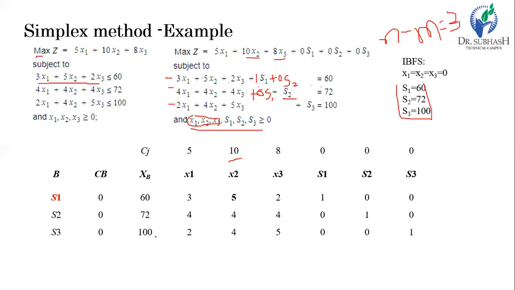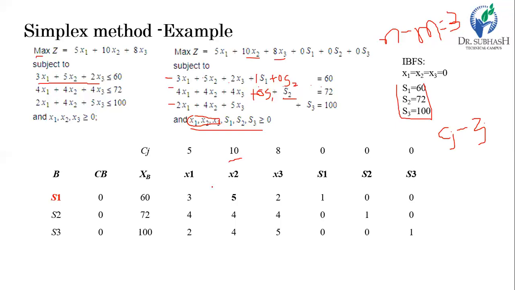After completing this table, now let's start to check whether it is optimal or not. For the optimality check, we have to calculate the value of Cj minus Zj. Now what is Cj? Cj is available here, and Zj we have to calculate. Now what does Zj indicate? Zj indicates the amount of particular resources consumed when you produce a particular j variable.